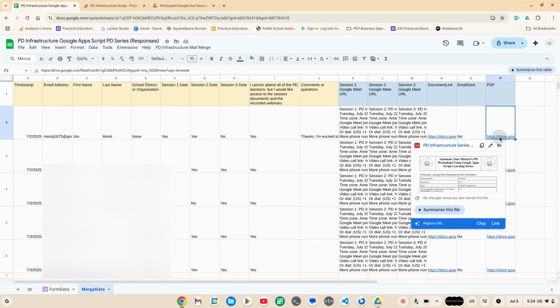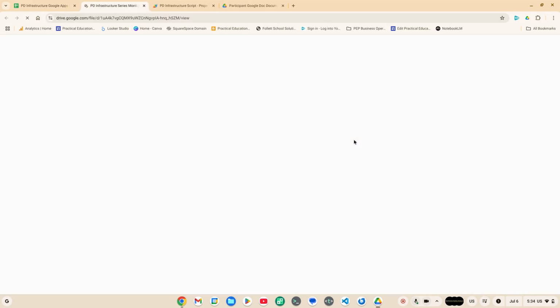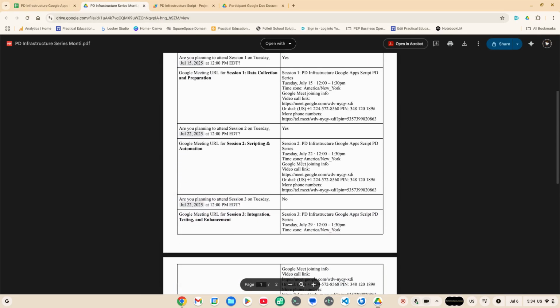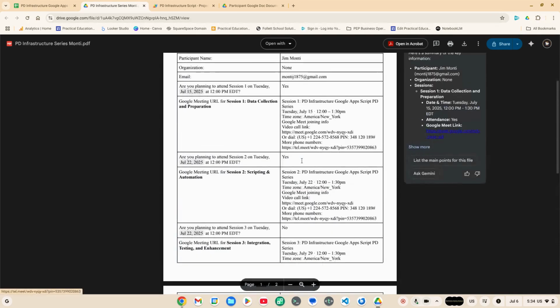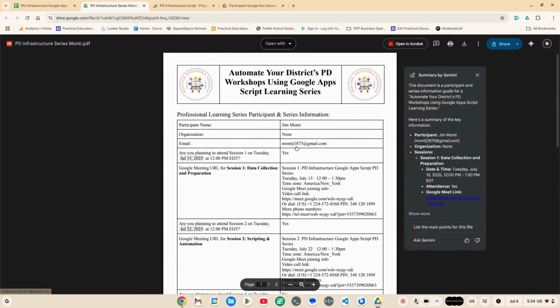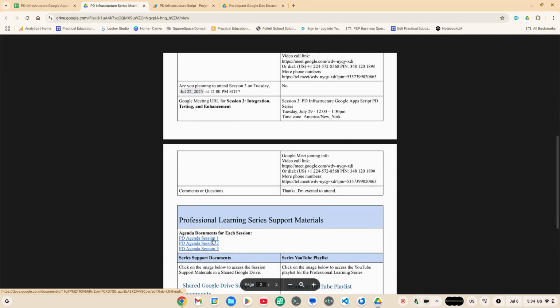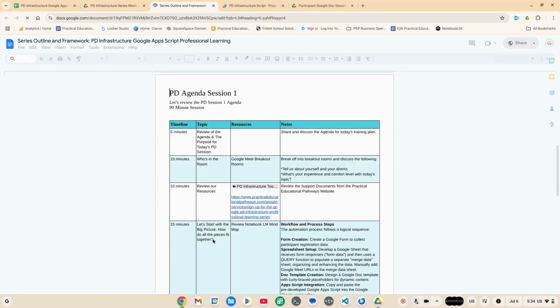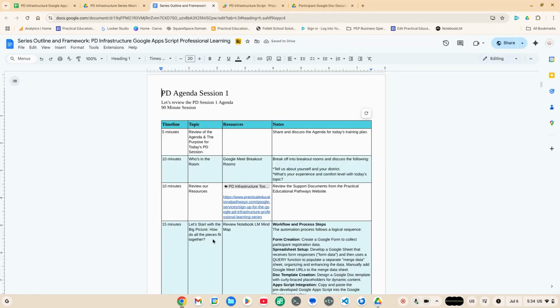So if I click on this PDF document and open it, I can see that this is the document that got created for Jim Monty with this email address. And you'll also notice that the links in here are all active links. You can review the session 1 agenda, and it's going to bring me to the document that has that information